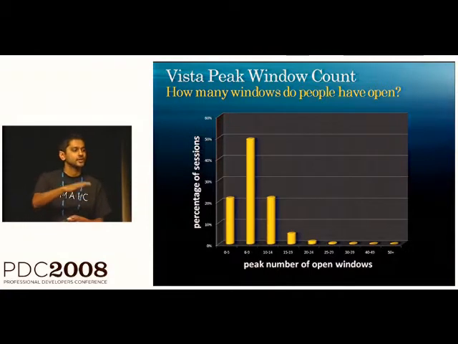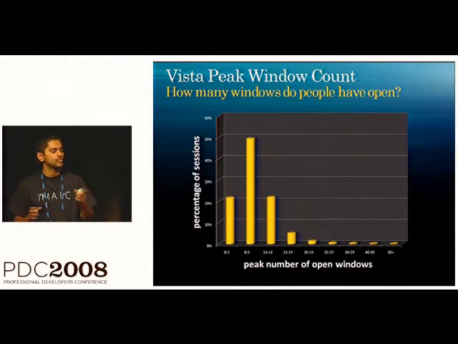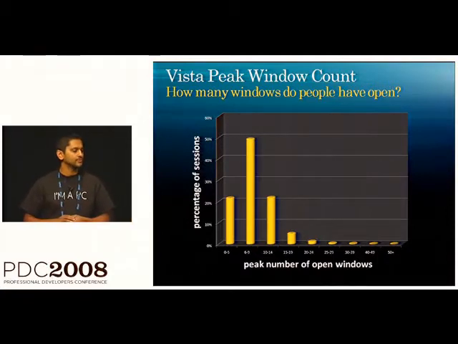The full story is, here's a chart that kind of documents what we're seeing out there. And we have people who anonymously and voluntarily send us data. It's kind of the Nielsen report of Windows. And the Nielsen ratings will tell us, in short, that if you look at those first three columns, the first three bars, 90% of sessions have 0 to 14 windows at their peak count.